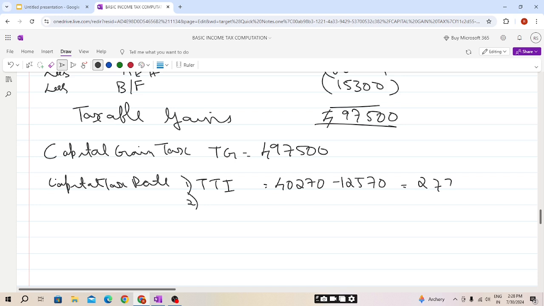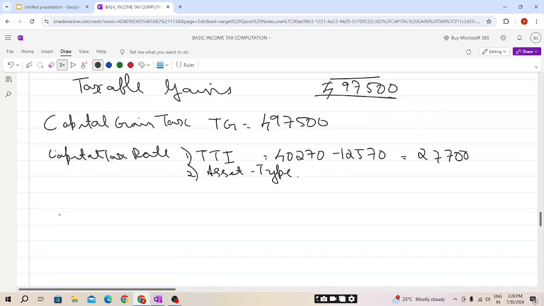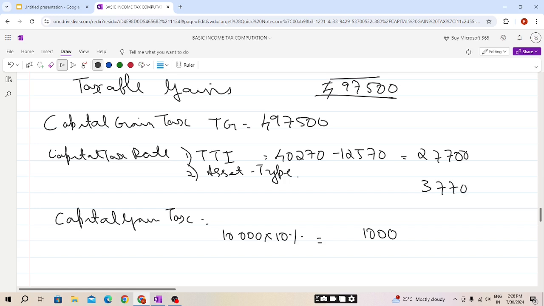PA of 12,570. Then the type of asset, as no residential property, so the rates will be the same for all the assets. So for the capital gains tax liability, as the basic rate limit is 37,700, within the basic rate limit it is 10%, so that is 10,000, students, into 10 percentage, this is 1,000, and the remaining will be at 20% above the basic rate limit, because students, 37,700 is our limit, and